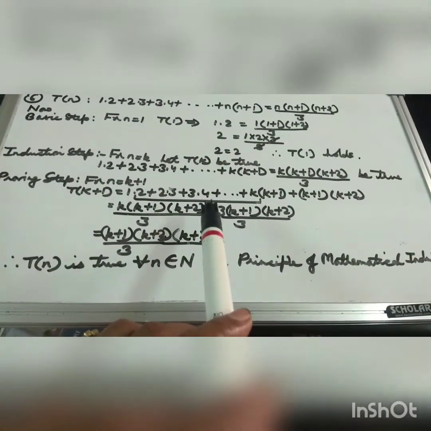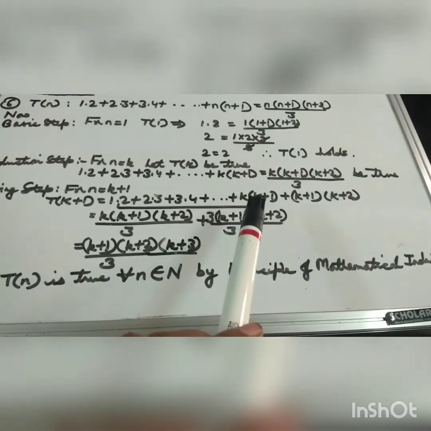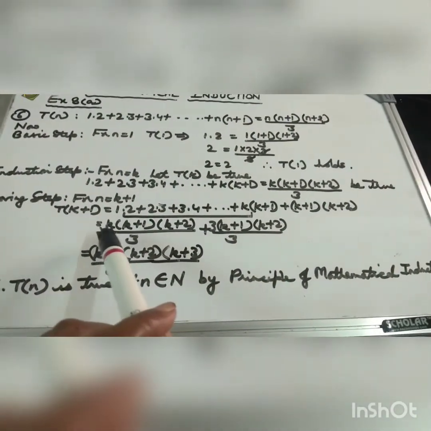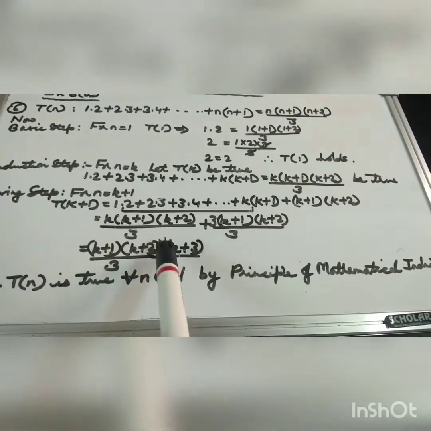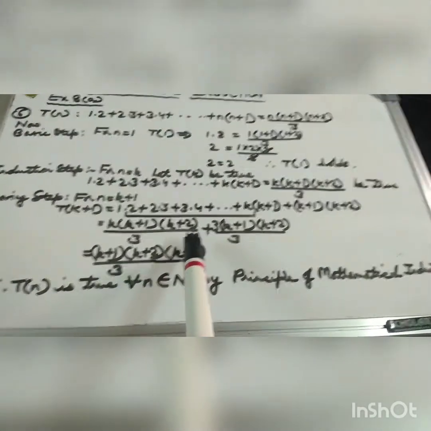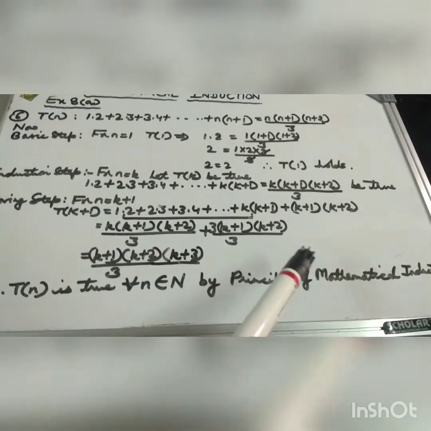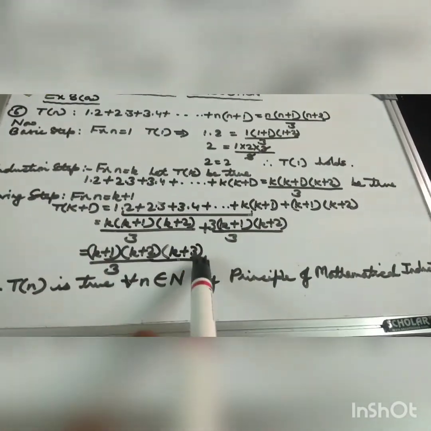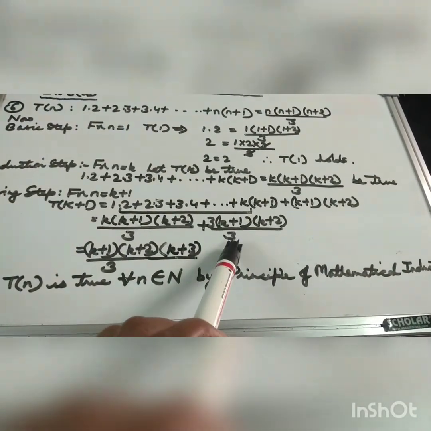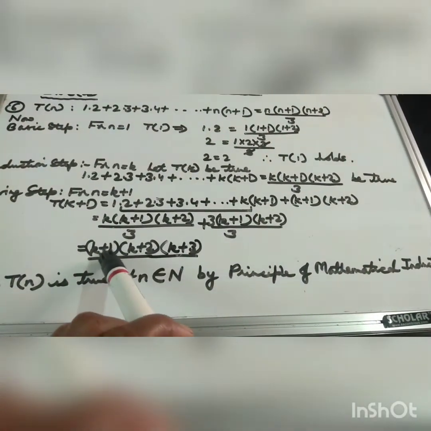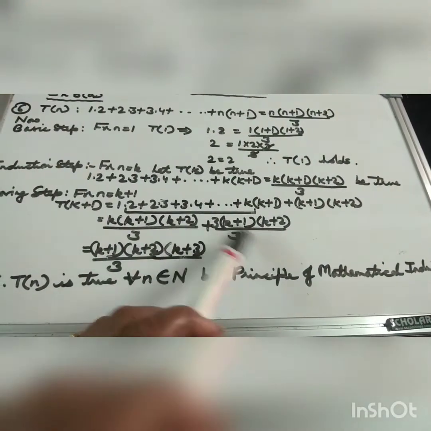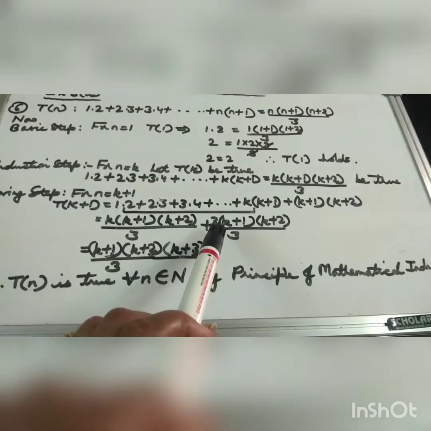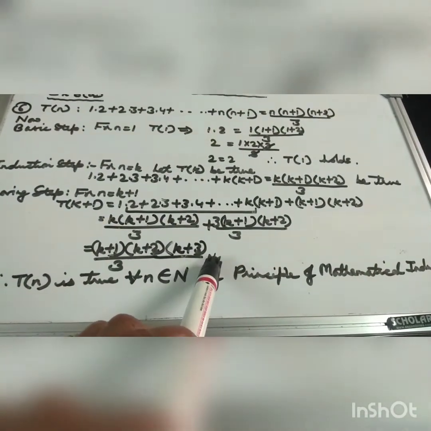Now look children, I am telling you this method. Otherwise what happens? Many of you will first open the bracket, then expand the complete thing and then try to factorize a cubic expression. That will take a much longer method or procedure. Hence, this is the correct method: take common and get the terms required. So we took k plus 1 and k plus 2 common, upon 3 also common. I'll be left with k here plus 3 here, and hence the third bracket becomes k plus 3.